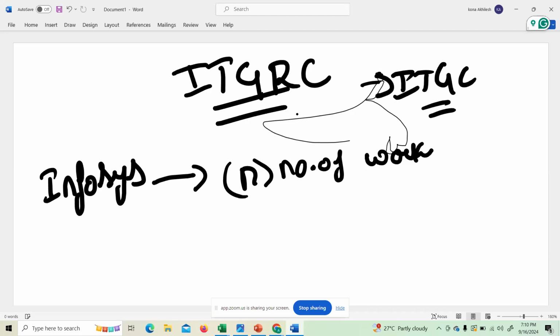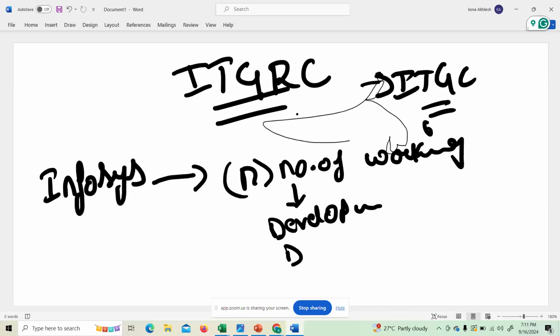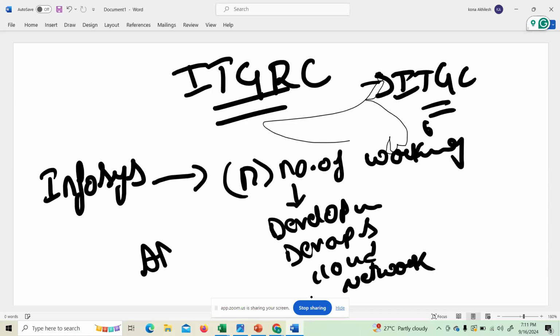These n number of teams include the development team, DevOps team, cloud security team, network security team, application security team, HR team, finance team, and so on and so forth.